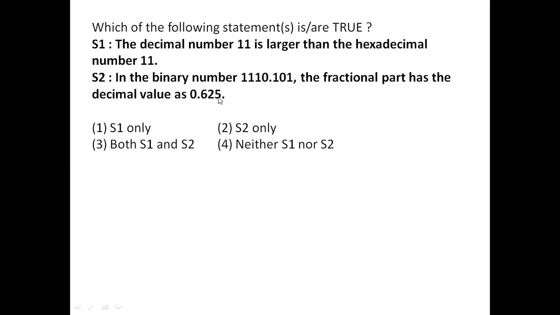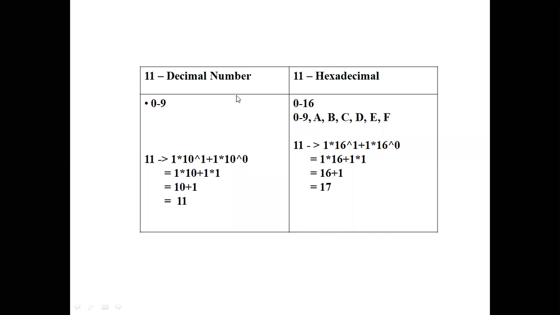Let's consider the first statement, the decimal number. When you talk about the decimal number, remember the decimal system counts from 0 to 9. It will be 10 digits, starting from 0 to 9. That will be decimal. But in hexadecimal, hexa means 6, decimal means 10. 10 plus 6 will be 16. There are 16 symbols, but here the values start from 0 and wind up at 15.